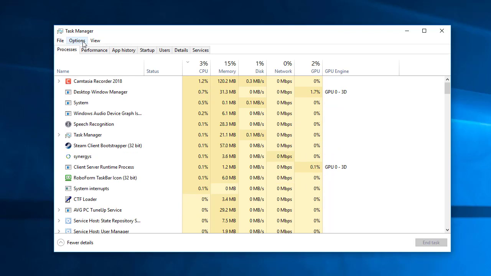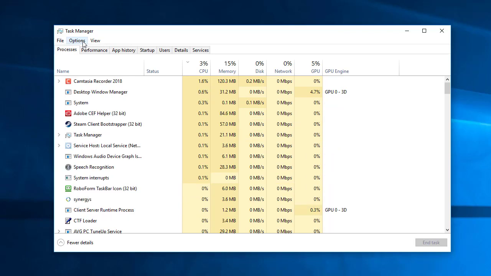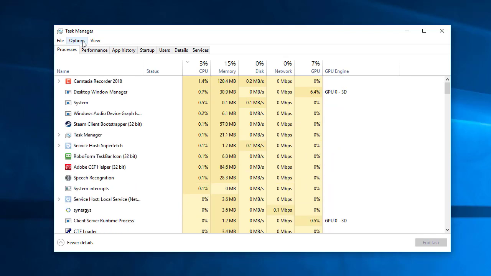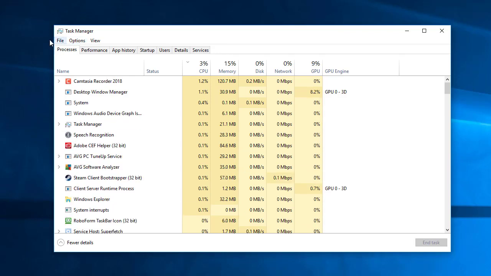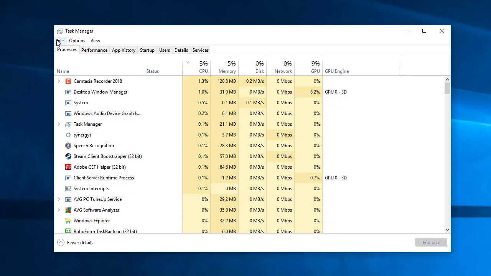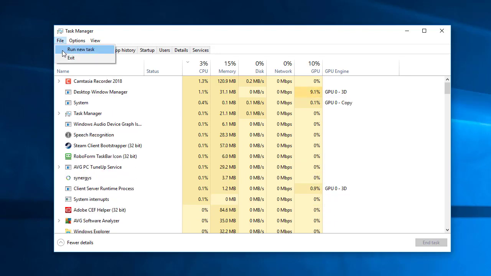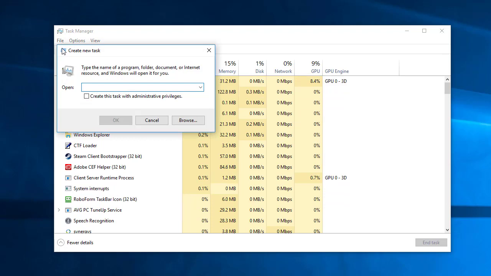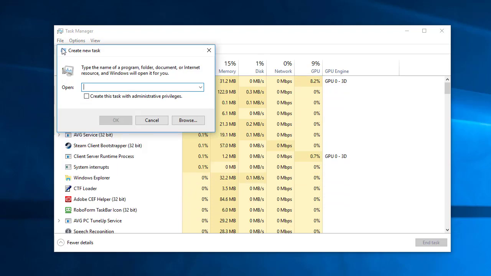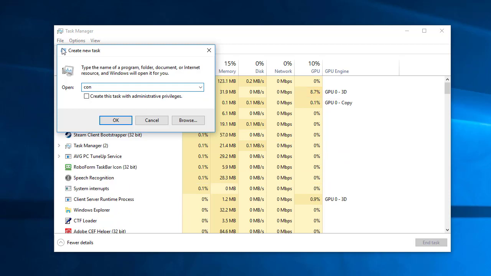So if you have this system profile desktop is missing, you have effectively lost your user login. And the only way around it that I have found is to create a new one. And we can do that by going File, Run New Task. And then the task we need to run is control